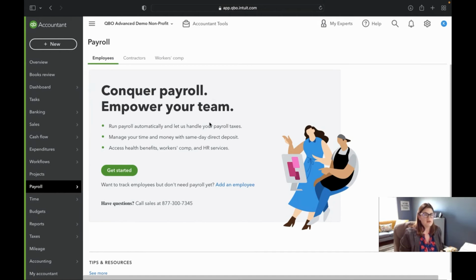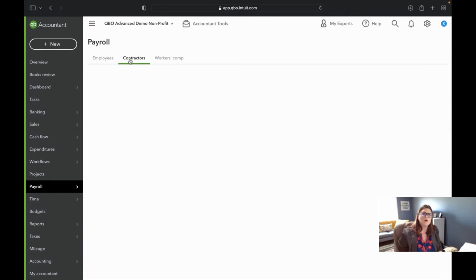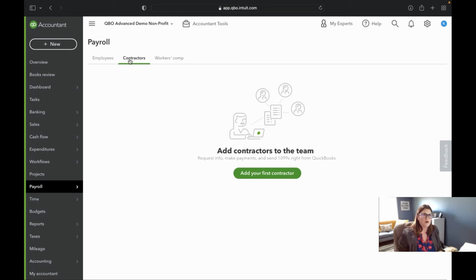Okay, let's move on to payroll, which I don't think is turned on, so I can't really give you the full-on demo of payroll, but it's very easy to use. You have like a dashboard. It reminds you when to run payroll, and you usually have like a 24-hour lead time, so you can even do it the day before, depending on if that's turned on or not. And I know a lot of payroll companies have like a 2 to 3 day or more lead time. So I think that's really cool. It's one of my favorite features. It's extremely user-friendly. It reminds you to run payroll.